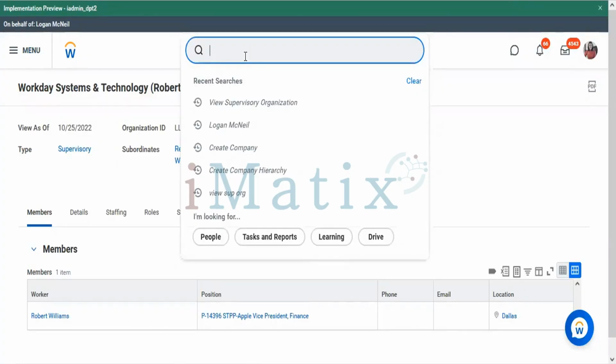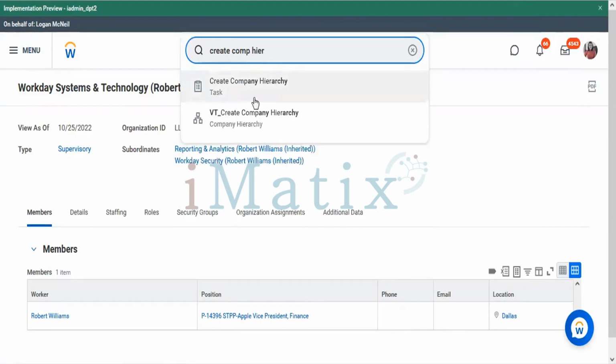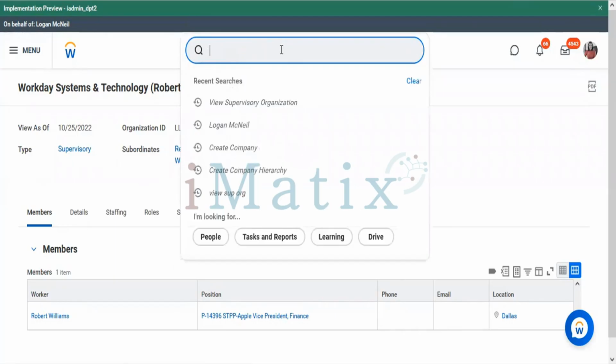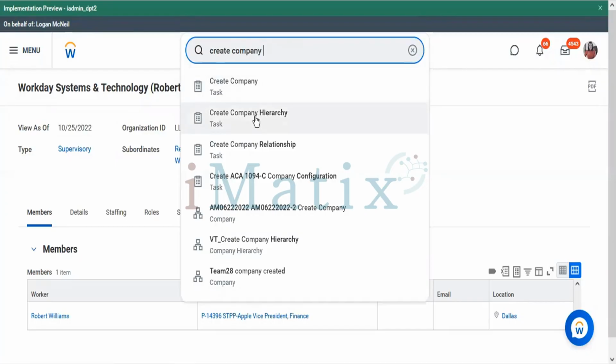However, I've created this through the create company hierarchy task.